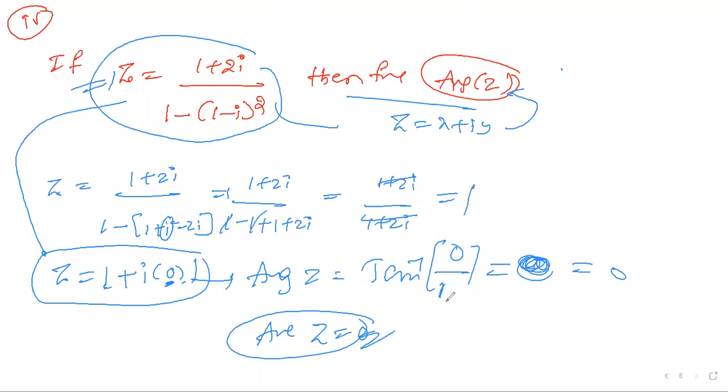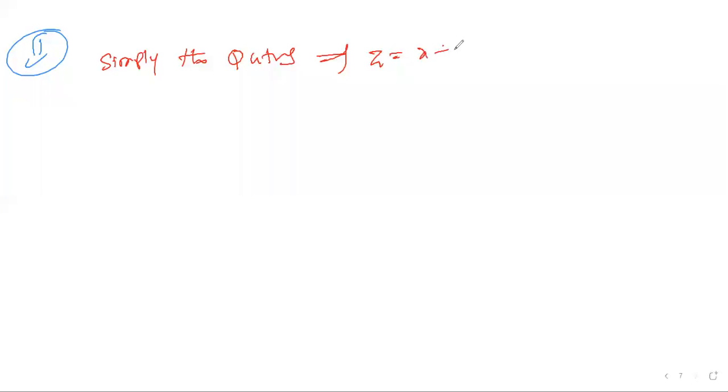Next, for this, your first bit is finished. Now we are looking back at the next one, the second bit. The second bit, what they mention here: simplify the following complex numbers and find their modulus. We need to simplify the questions, then convert into z like x plus iy format, then you find the modulus.